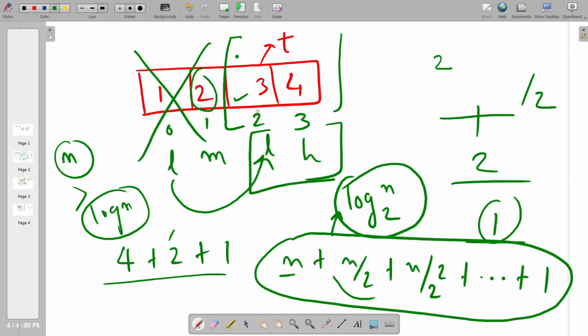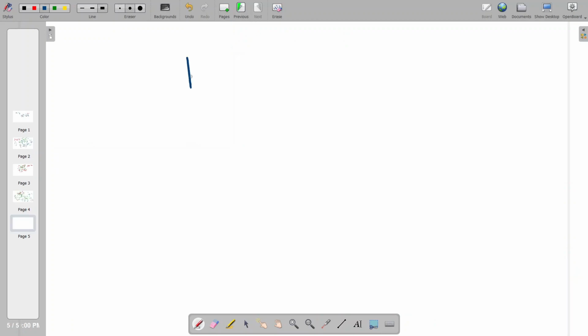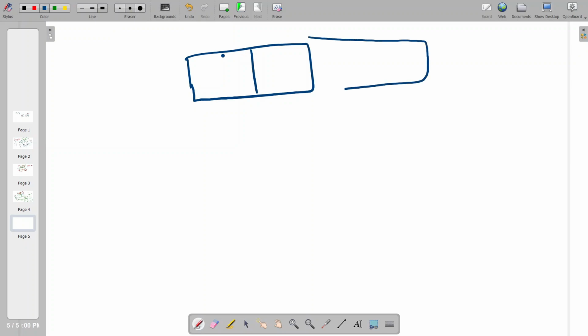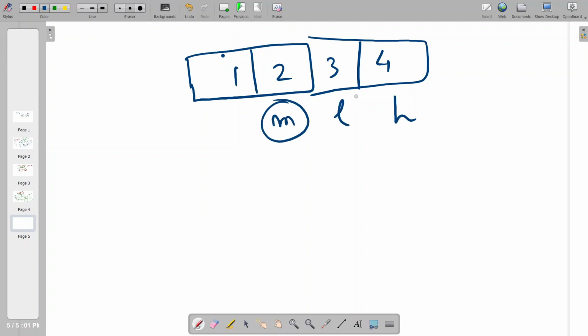Now the problem is not complete yet. We have just reduced the search space from 2 to 3. Repeat the process again. So once we have decided that, let us move towards the right. So we have now our new lows and highs, 1, 2, 3, 4. Our low is at this position, high is at this position, mid was earlier at this position. So let us give dash for the new position, L dash and H dash. Suppose new mid will be L dash plus H dash by 2, right?